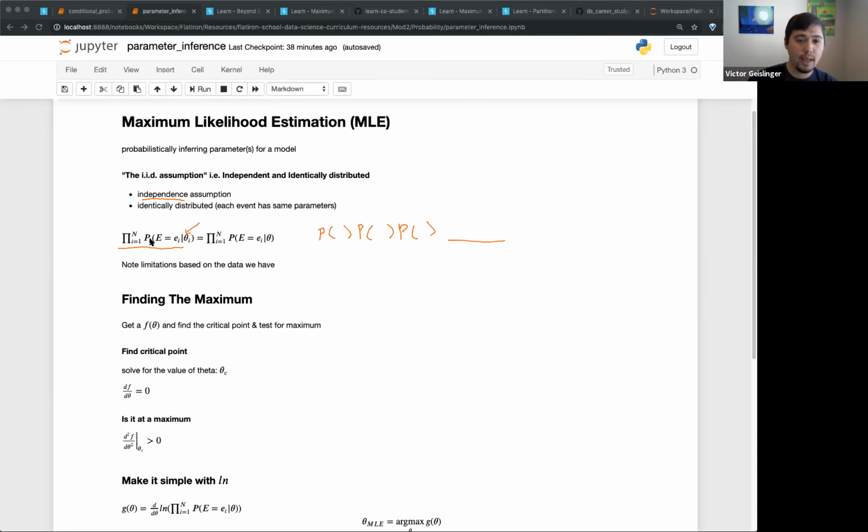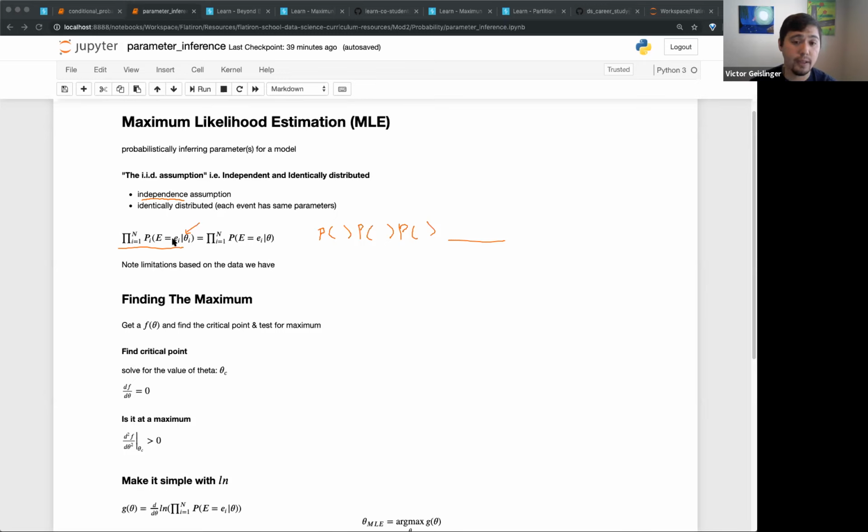And then P is just probability, right? But you see the probability of i, so we're doing a specific probability. In realistic terms, we probably don't need to put this i right here because it's just a probability, but just know that that's what the curriculum uses. And then I will use a slightly different notation, I think it makes more sense. We'll have this event space E, and that event is equal to a specific event e_i. So for example, if we had just heads and tails, e_i would either be heads or tails.